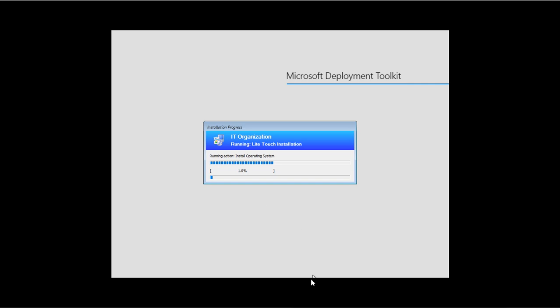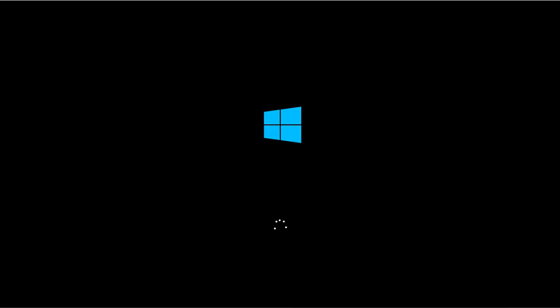Okay, it is finishing the installation here. It is going to finish the installation quickly. So it has finished the installation, it has rebooted, and now it is going to finish the rest of the things.